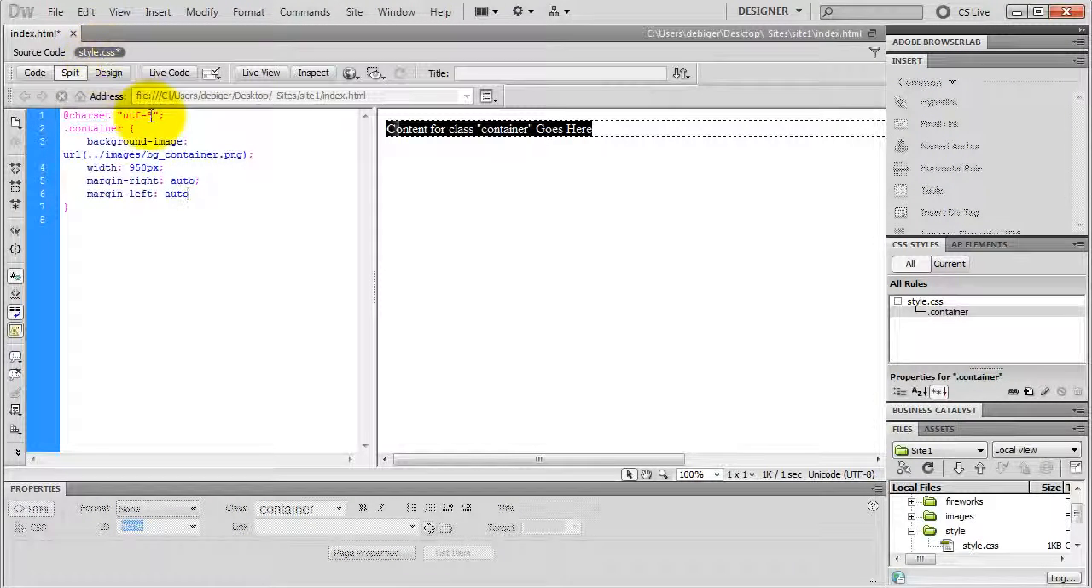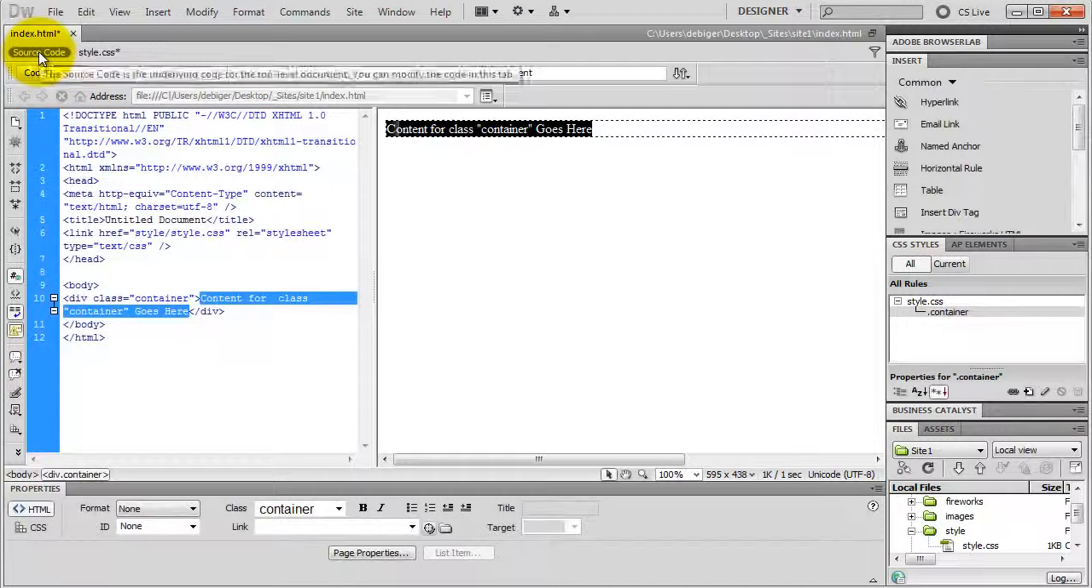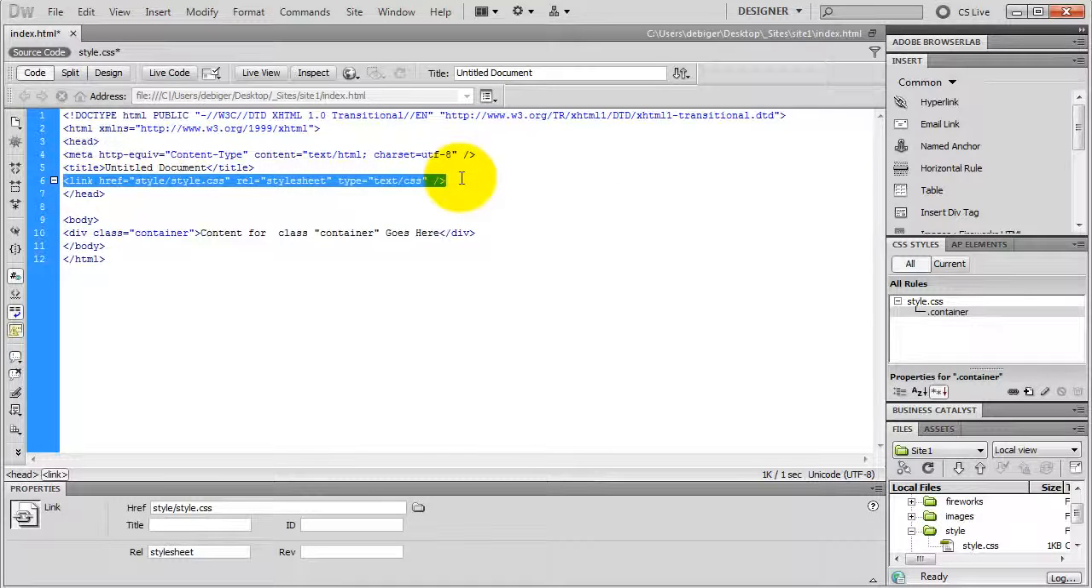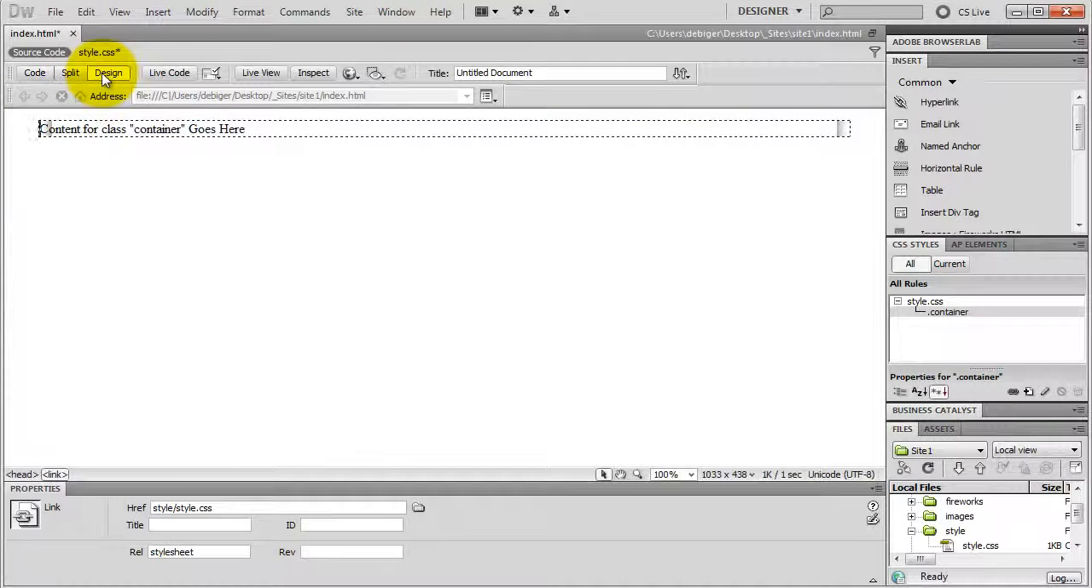The first line is the character set. I don't really need this line. I could delete it, but whatever. And here are all the properties and values for my container class. I can change anything here if I want to. Okay, I go to the source code of my index page. I switch to code view. And here is the link inside of my head tags, linking to my CSS file. That's how the browser is going to find it, because there's the actual path to my CSS file, which is relative to my document. Okay, I go back to design view,